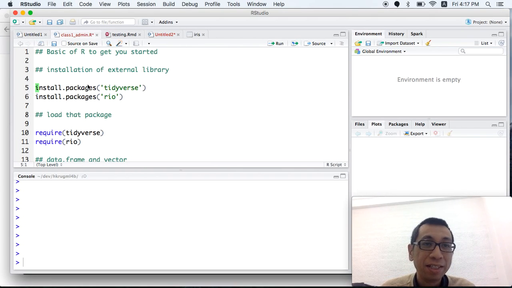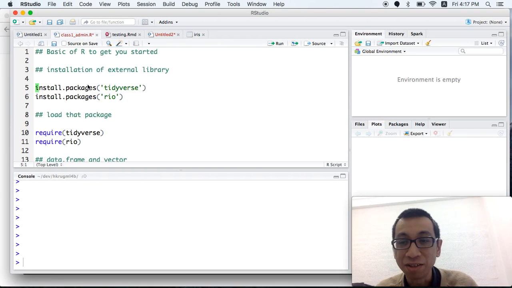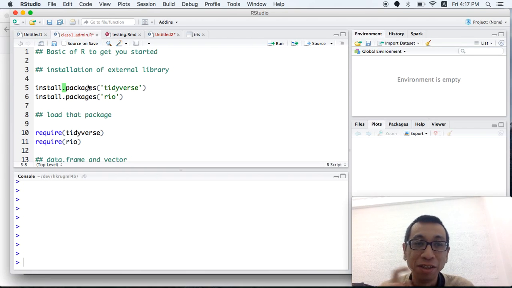This is a very quick introduction to the basics of R, and mind you, it's really quick. You don't need to know everything in this part, but there is something that you need to know, and also something that, if you want to know more, you should Google for it. You may not get it the first time, but there are some things that you need to get the first time.